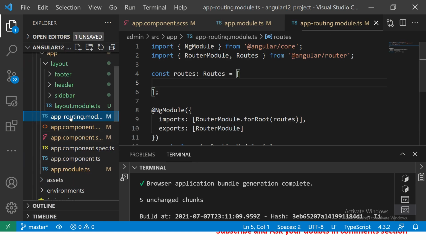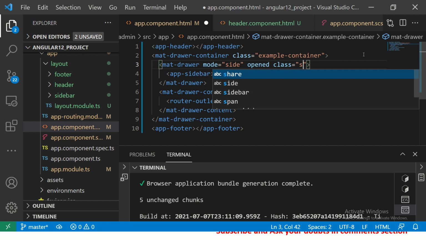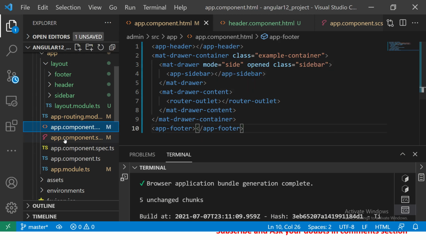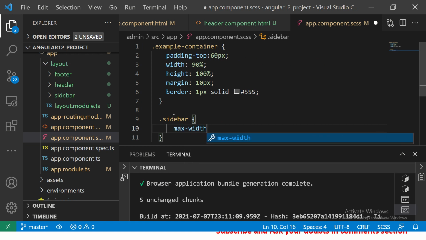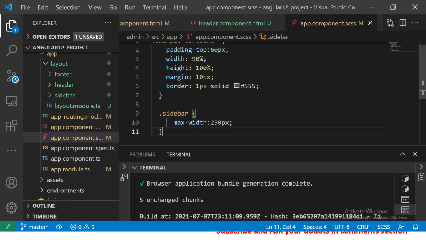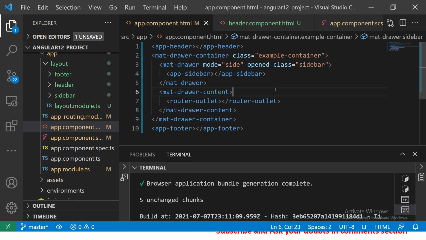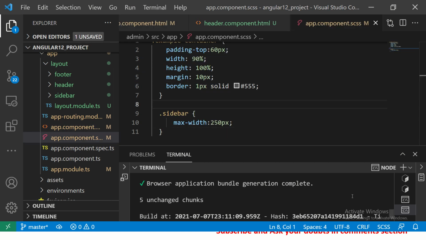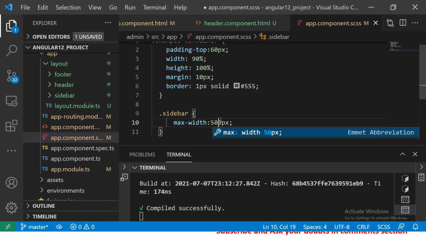All right, so here in my app component, I'm going to give app sidebar a class equal to sidebar, and I'm going to style it here, and say sidebar max width should be 250 pixel. All right, so there we have. So we got this sidebar. We got class equal to sidebar, which is our mat drawer, and we are saying the max is 250 pixel. Let's just see by increasing it to make it 500 pixel